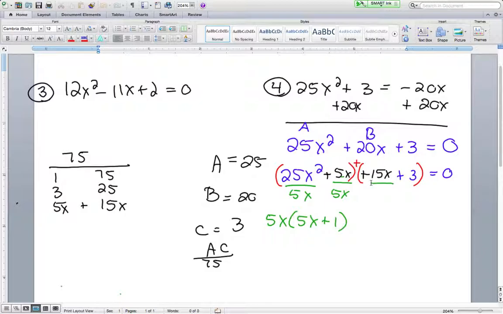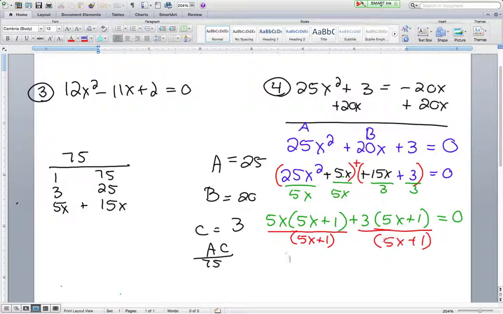On this one, I think the greatest common factor is 3. So I pull out a 3, and I get a 5x plus a 1. That equals 0. Now, quantity of 5x plus 1 is common to both products, so I factor out a 5x plus 1. And so now I have a 5x plus 1 times the quantity of 5x plus 3. That equals 0. I'm going to solve each piece. So I'm going to take 5x plus 1 equals 0, and 5x plus 3 equals 0, and I'm going to